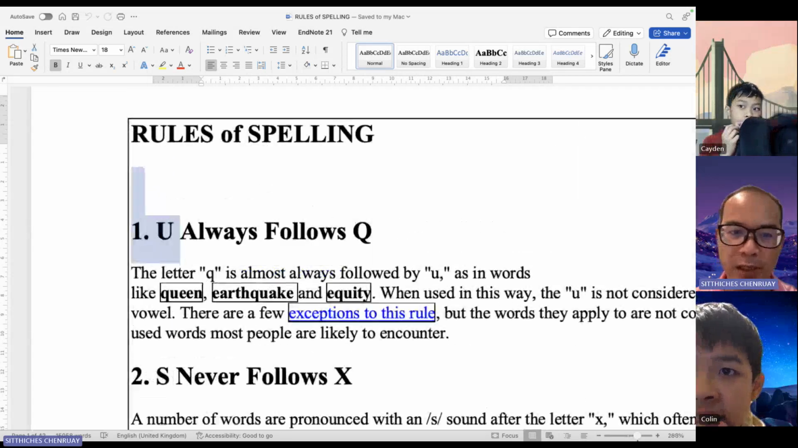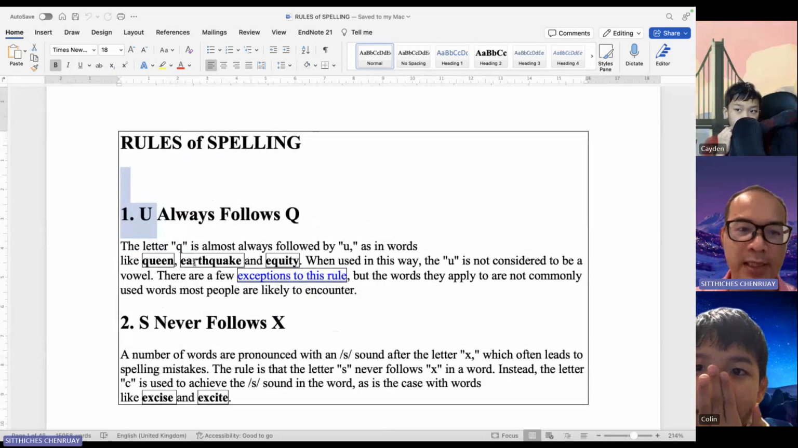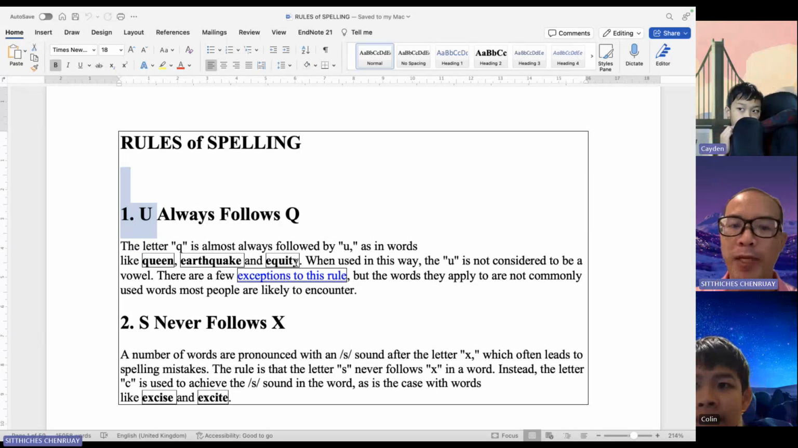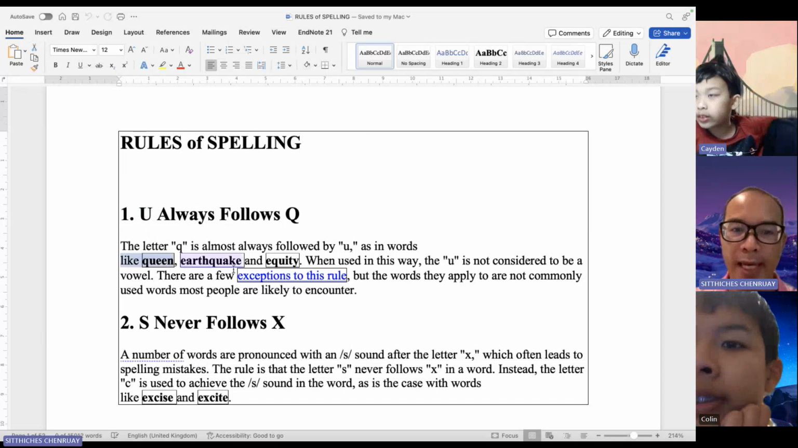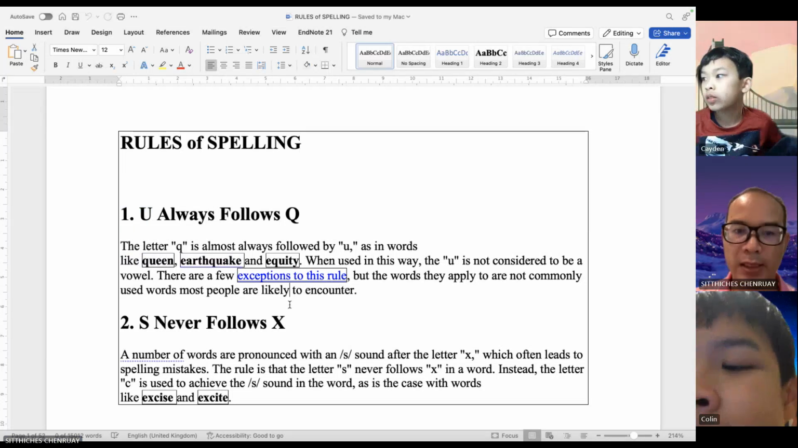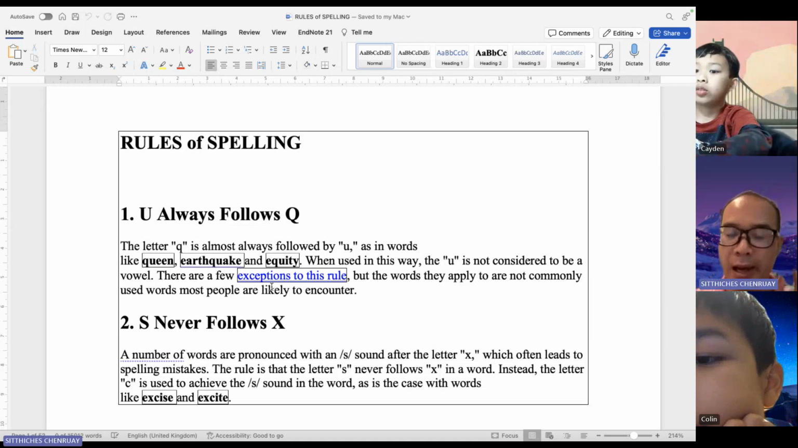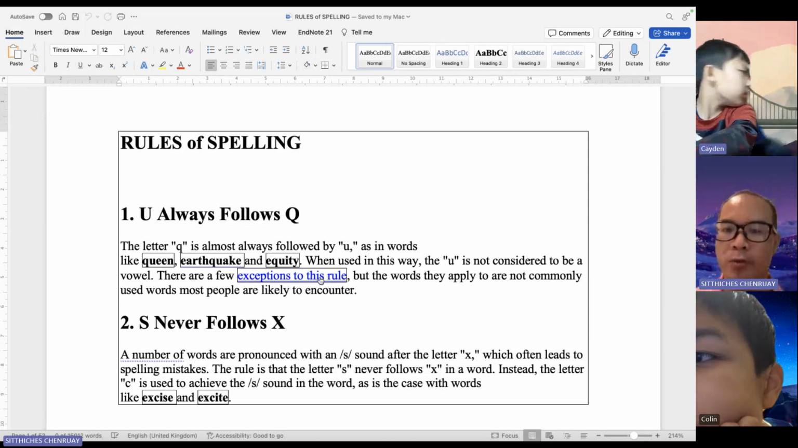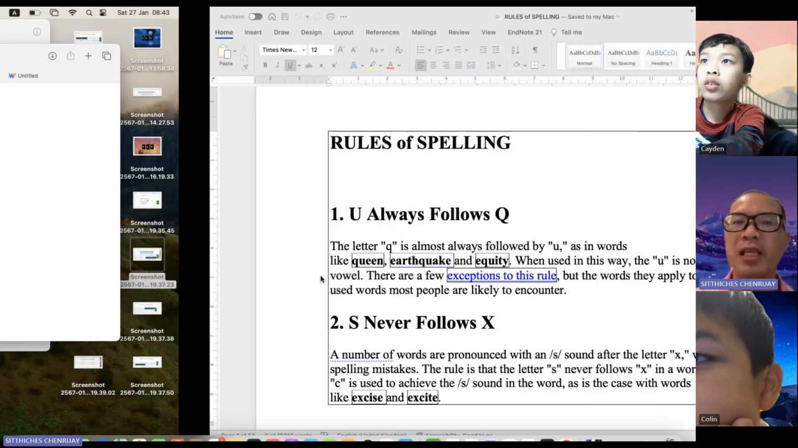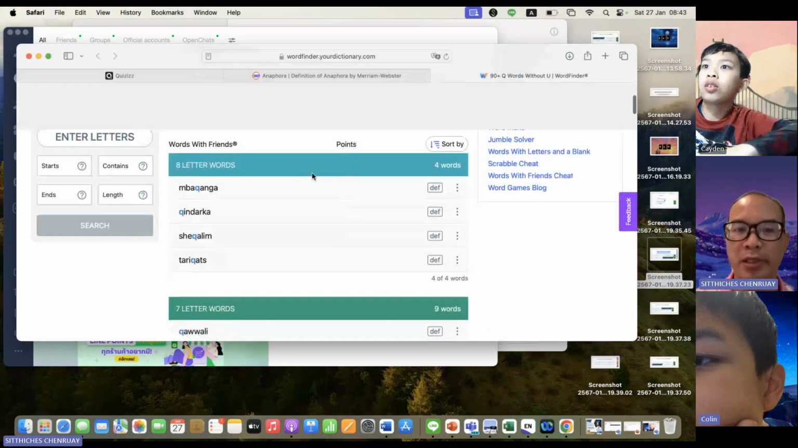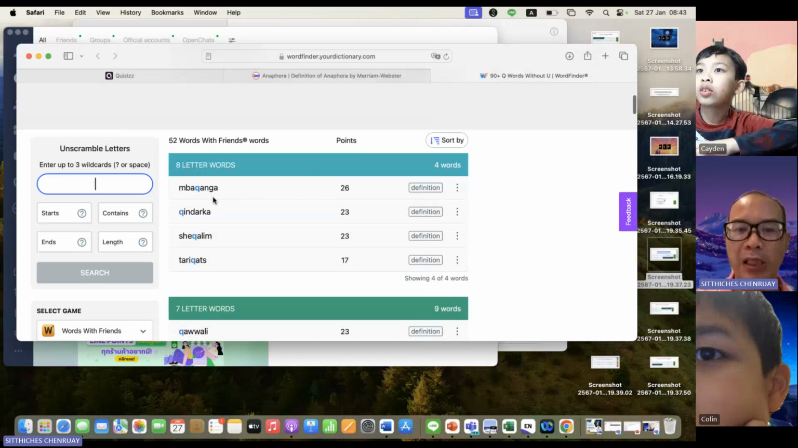Can you tell me a word? Queen, right? Earthquake, equity. Okay, queen, earthquake. But there are some exceptions to this rule as well. But it's not an English word. It's like mabaganga, kundaga,